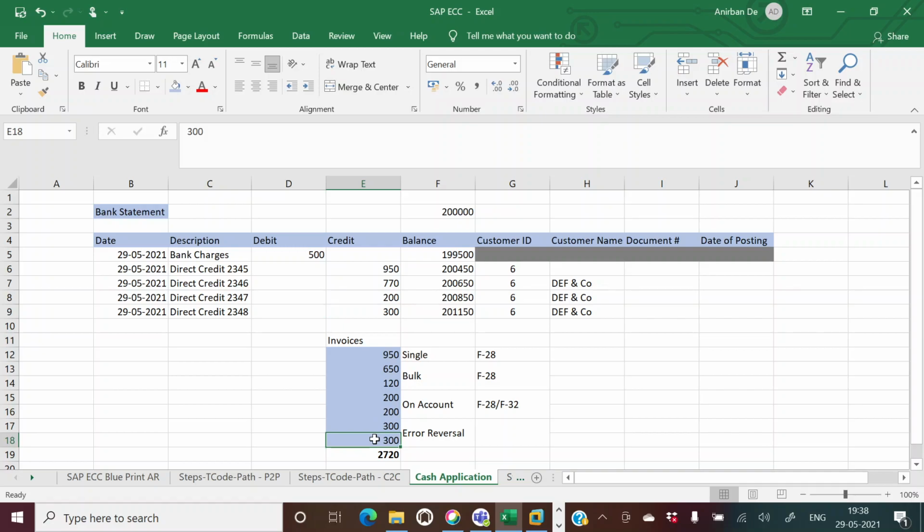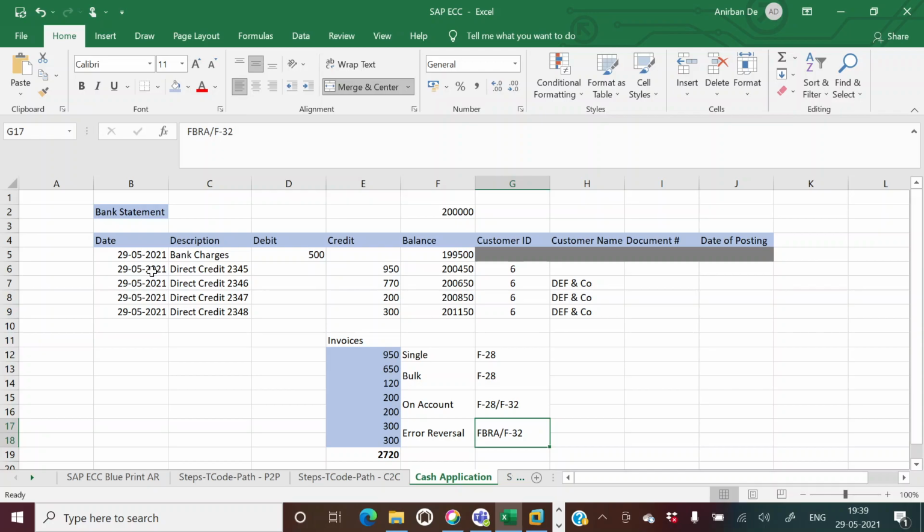So we do an error reversal. The error reversal is done by FBRA, followed by the right allocation or clearing, which is F-32, right? I'll explain this in further detail in SAP.